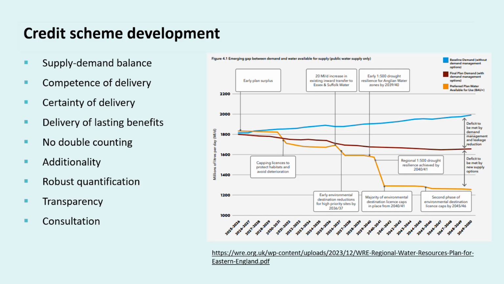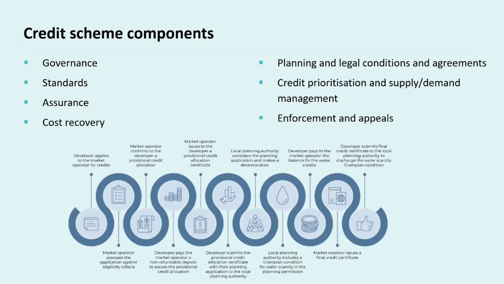Next slide, please. So setting up the scheme with an appropriate level of oversight and governance is clearly important given the large sums of public money that are involved. For a local authority run scheme, the governance structure is likely to include executive and member boards and various working groups for development management, planning and implementation teams. Don't underestimate the cost and time for legal support. So this is a really significant component of the overall scheme setup costs.